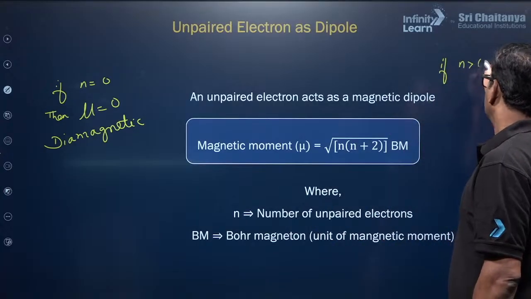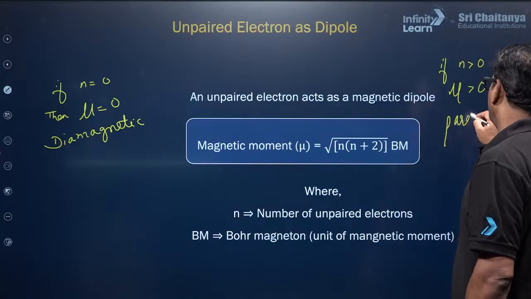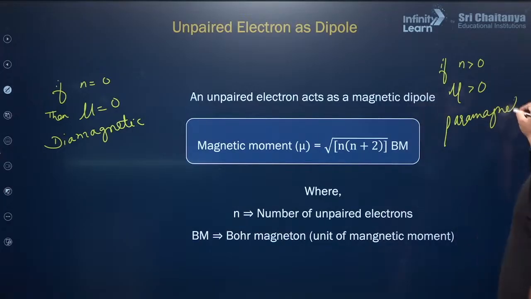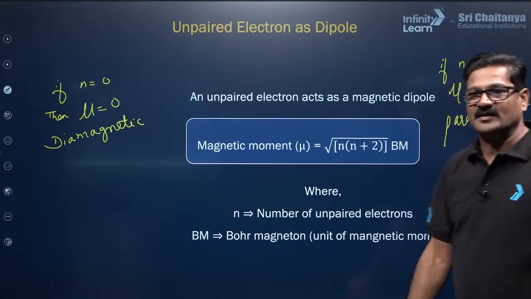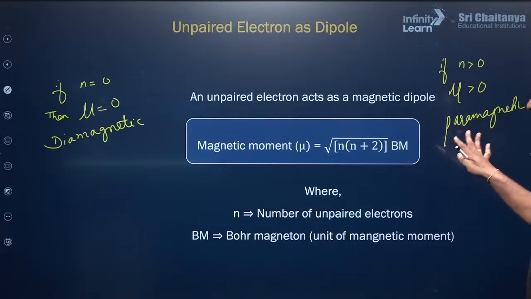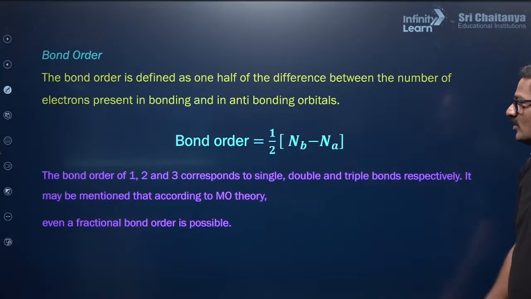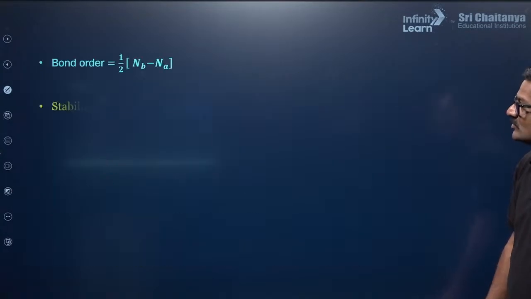If n is greater than 0, mu is greater than 0, such substances are called paramagnetic. Fine? You can just take that these paramagnetic substances will have magnetic behavior. And moving ahead, bond order we already discussed. I just want to talk about